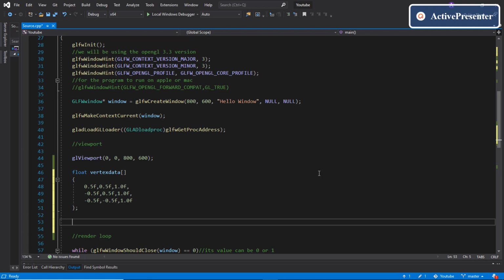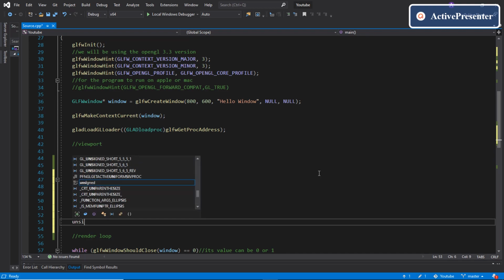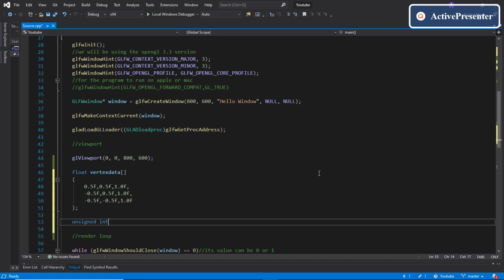So, inside the GPU, there are various types of buffers. The buffer we are interested in is called the vertex buffer or the vertex array buffer, where the vertex data is stored. So, to write a buffer object, the first step is creating a buffer ID. So let's name it the vertex buffer object, VBO.